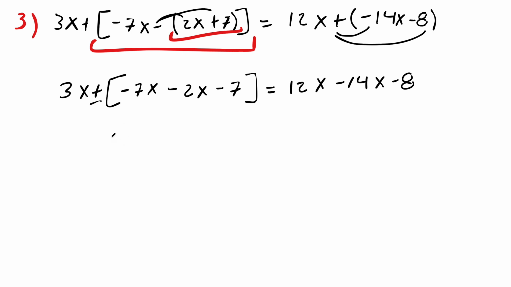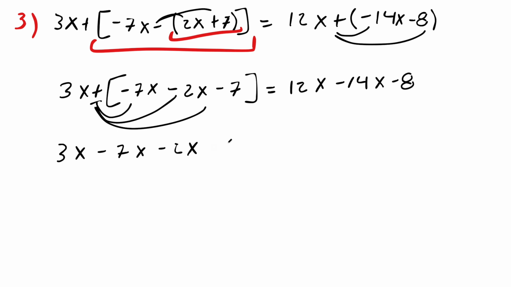And if that is the case, then if we have the positive here, it doesn't change, does it? Because we also apply the distributive property to the parentheses, to the brackets, to the braces, to any sort of grouping or bracketing. And so 3x minus 7x minus 2x minus 7 is going to be equal to 12x minus 14x